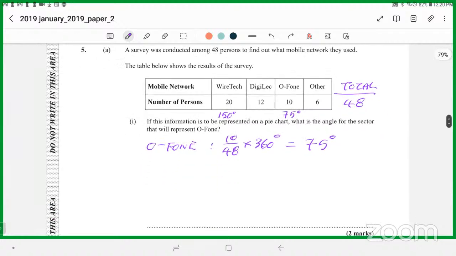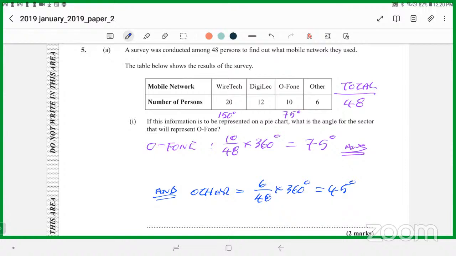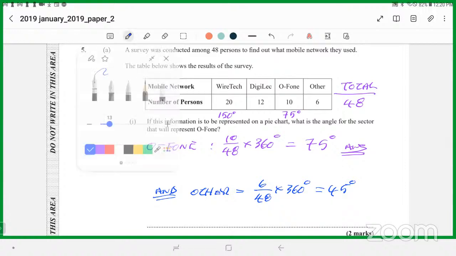Let's put a little note here. So this is our answer for the question. We're going to say and. Let's make a note. The other is going to be 6 over 48 times 360 degrees. What do I work out to? 45 degrees. And so if this is 45 degrees, let's put it now,